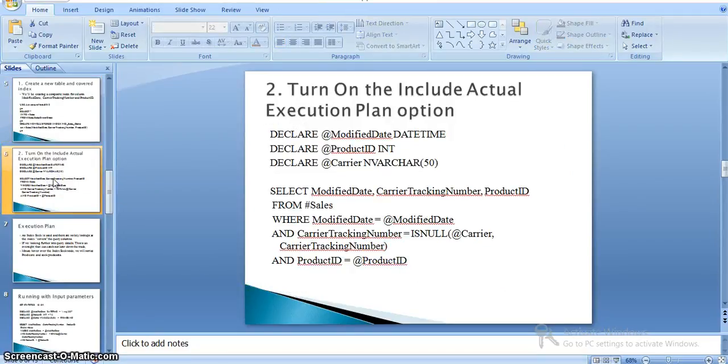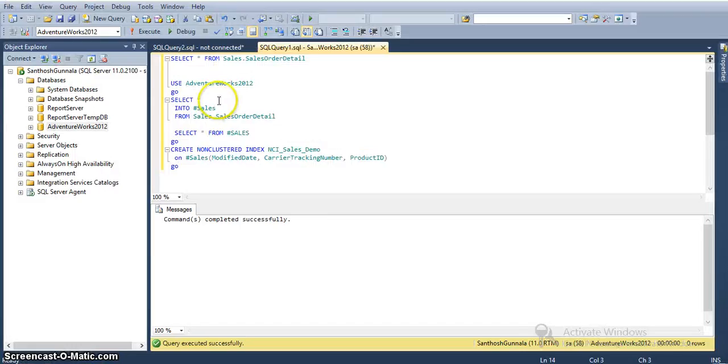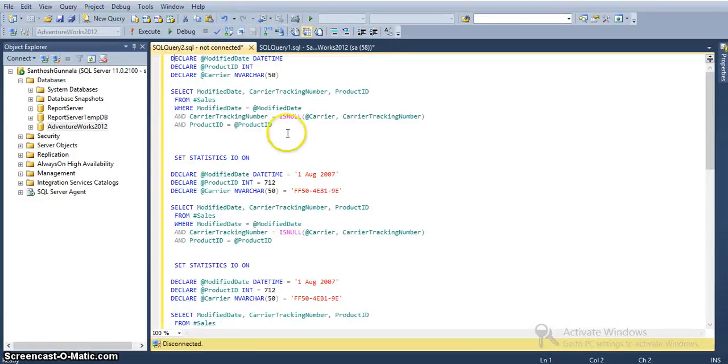Now we'll run a query by enabling the actual execution plan option. This query is to fetch the data based on the modified date, carrier tracking number and product ID, the values that we are passing. So this is the query that I have.